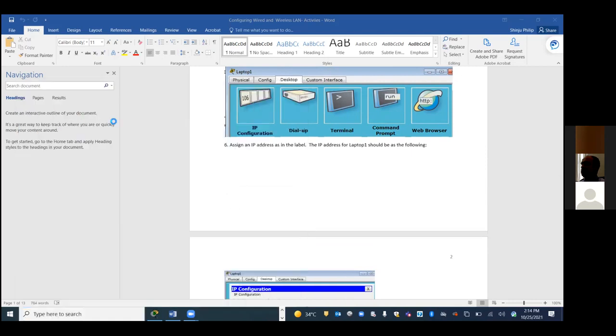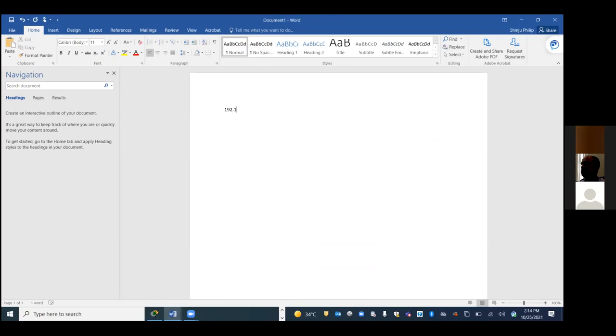In the last lab, you remember I told you we have 192.168.1.1. This part will be the network, this part will be the host. This will change, right? If you have the next one, 192.168.1.2. The subnet mask will be 255.255.255.0 because it's a class C network. In this case, we are going to use a class B network.